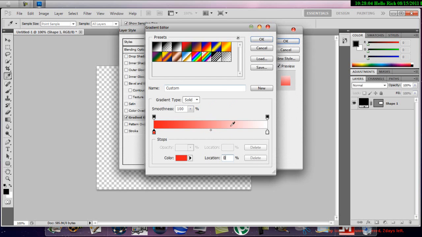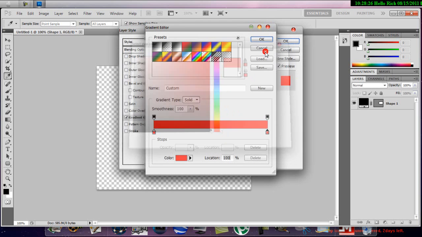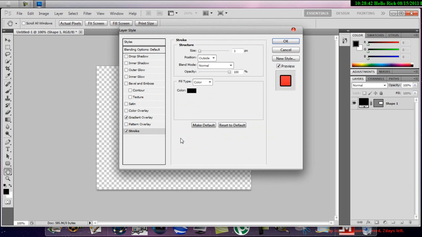and then click OK. And then click on this bottom right corner arrow, double click, and then change it to a dark pinkish kind of really light red color like so. Click OK. And then what you want to do is click OK on this, tick the stroke button and then click on it, and then